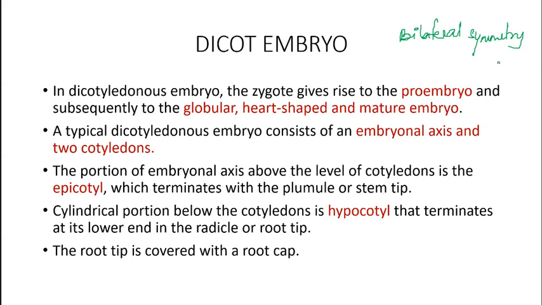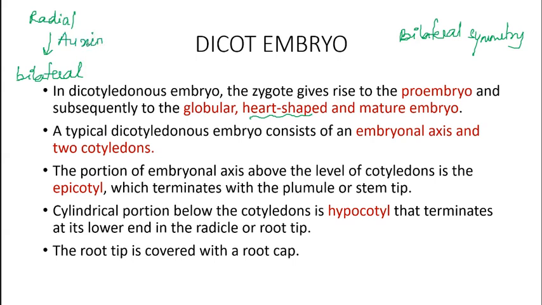There are some hormones named auxin. They mediate the transition from radial to bilateral symmetry. So the change from radial to bilateral symmetry is due to the hormone named auxin. Clear?